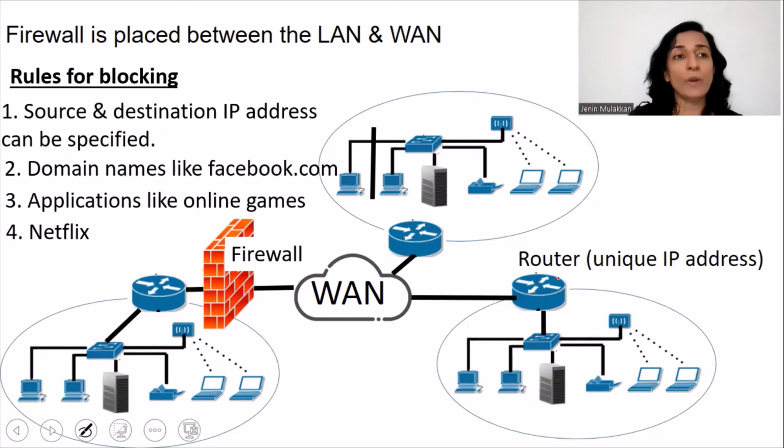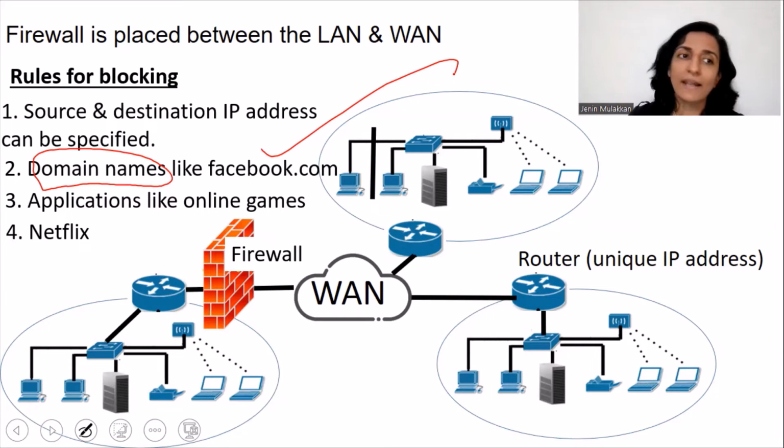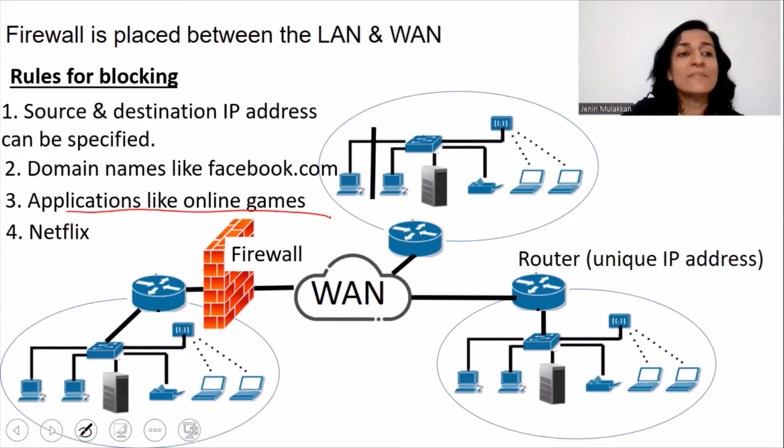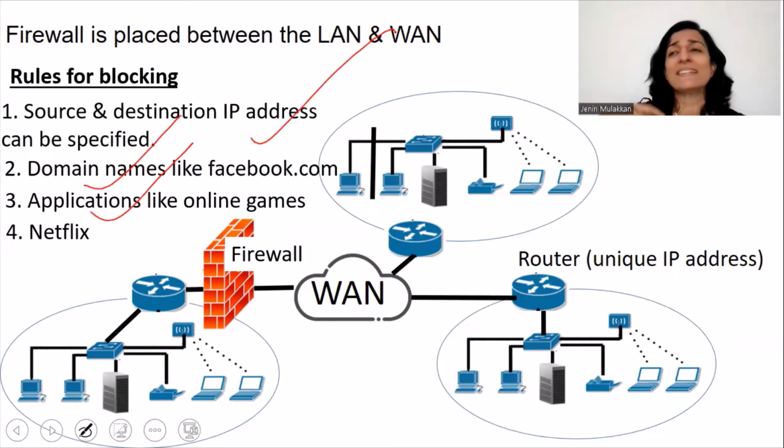Now, another method of blocking is they could block domain names. Now, what do you mean by domain names? Domain names are facebook.com, instagram.com. So all these are domain names. So if the organization does not want the employees to access Facebook or Insta, then immediately they can make a configuration in the firewall and immediately that will be blocked. You will be denied access. Likewise, applications like online games, Netflix, everything can be configured within the firewall. So basically, applications, domain names, IP addresses are various methods in which the unauthorized traffic is blocked by way of